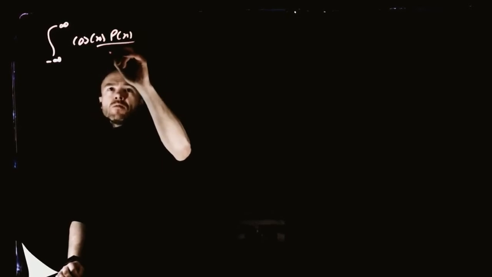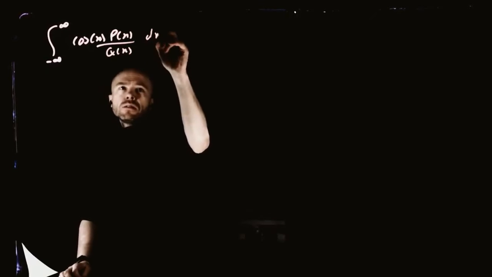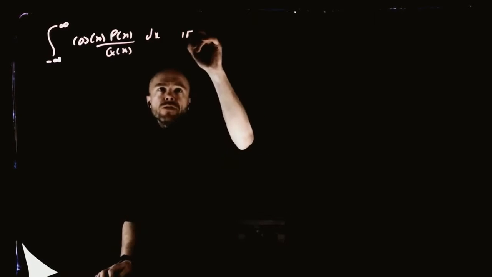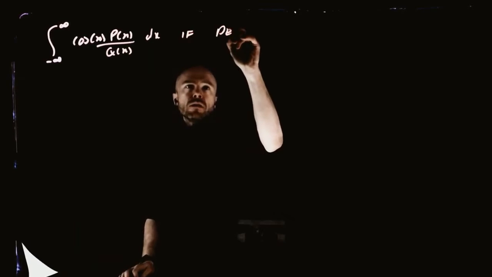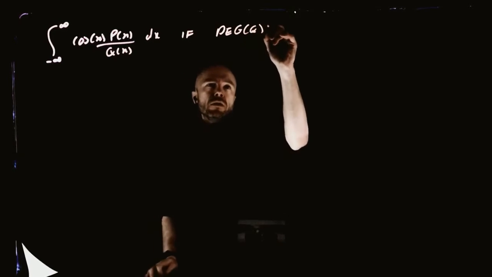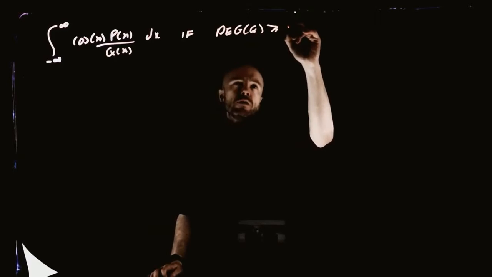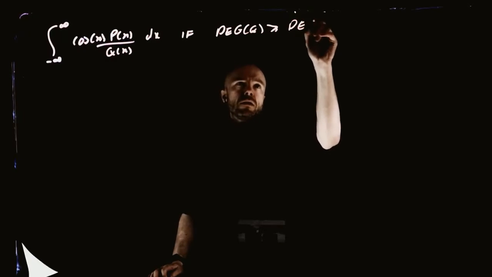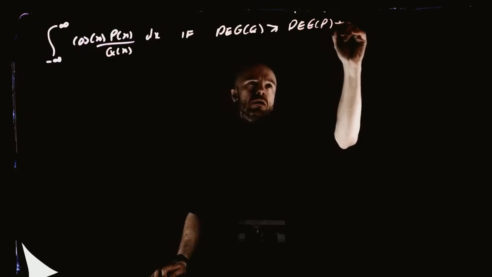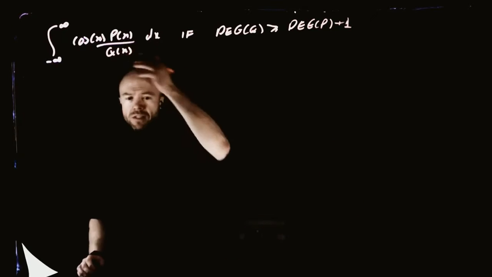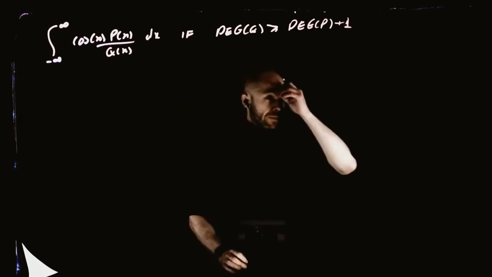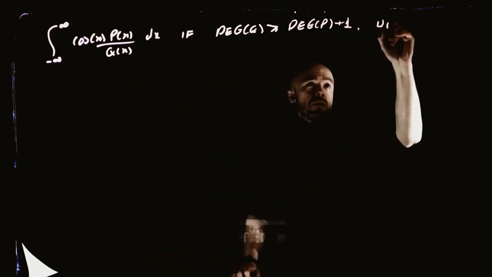We can integrate functions of the form of this, and then some rational function like this, if the degree of q is bigger or equal to the degree of p plus 1. And instead of cosine, we can have sine. We do this